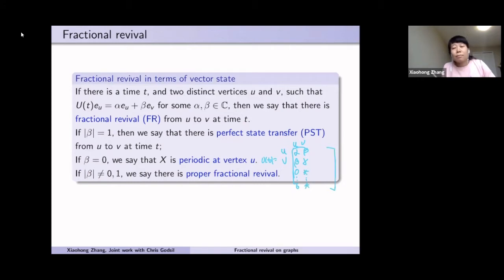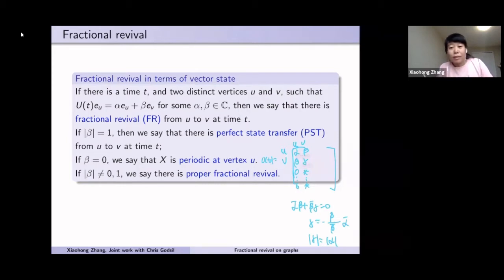First, U(t) is unitary. The first two columns are orthogonal. Therefore, alpha conjugate plus beta conjugate times gamma equals 0. We can find out that gamma is negative beta over beta conjugate times alpha conjugate. So we can see the modulus of gamma is the same as alpha, which means with